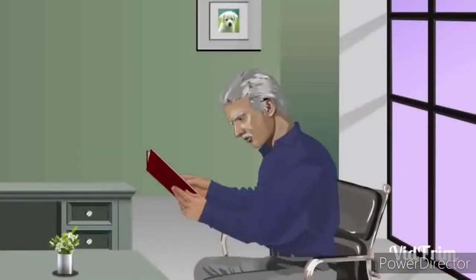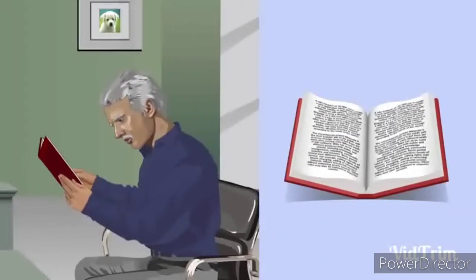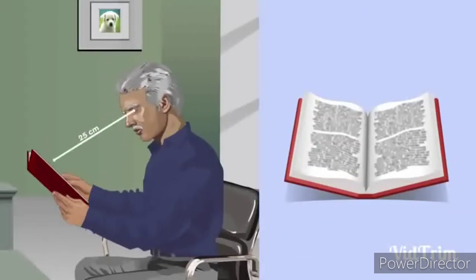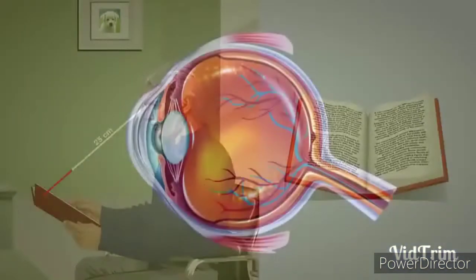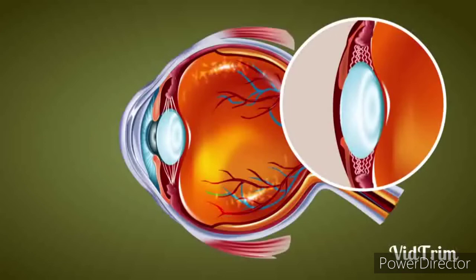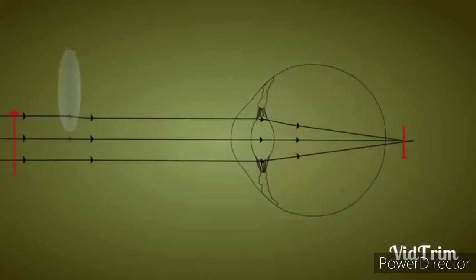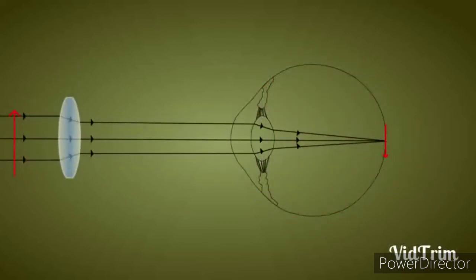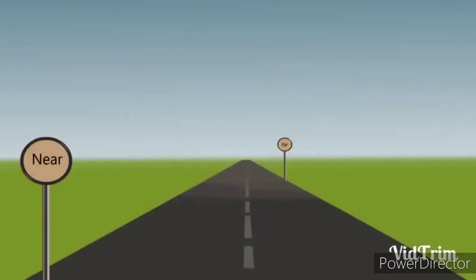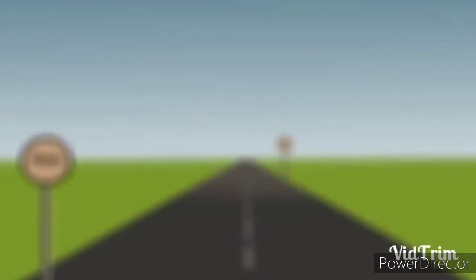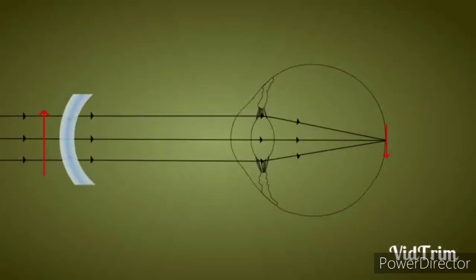The third defect is presbyopia, which generally occurs in old age persons. In this defect, nearby and far off objects are not clearly seen. This is due to weakness of the ciliary muscles of the eye. The nearby objects' image is formed behind the retina, so convex lens can be used, and in some cases nearby and far off objects cannot be seen, so a special type of lens is used which is known as bifocal lens, the upper part of which is concave and the lower part is convex lens.